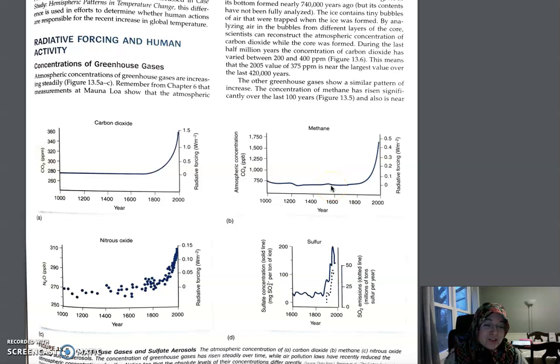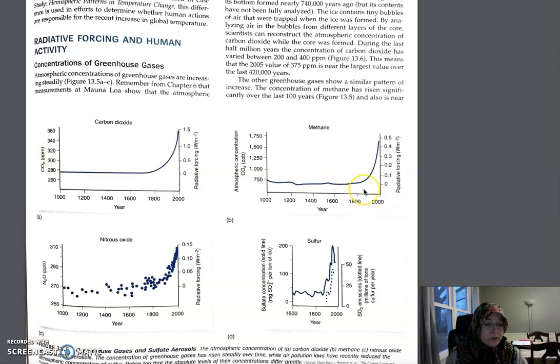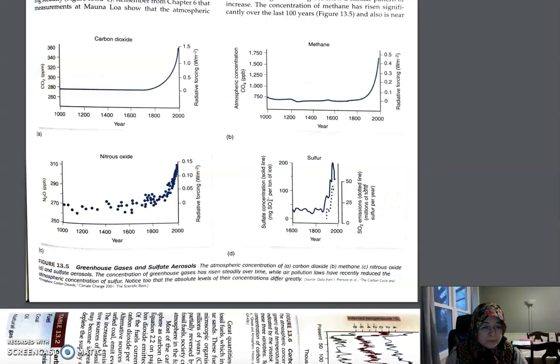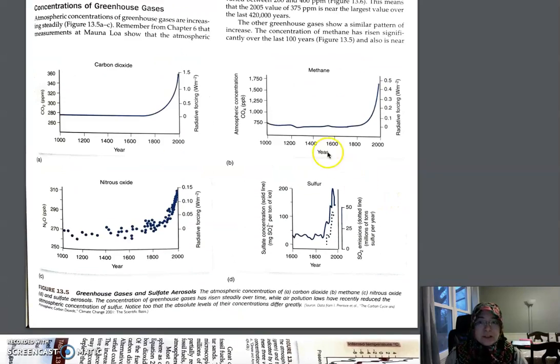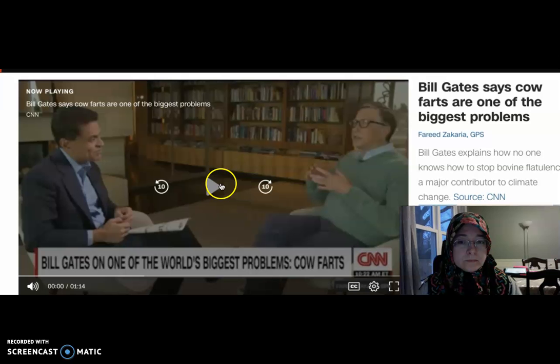That is one interesting thing, this is why environmental problems are so hard to solve. Why would an animal contribute to global warming? But that is what it is. And you see the impact of this methane on global warming in the atmosphere. I'm going to stop here, and I want to show you the cow fart video because you may find it interesting.